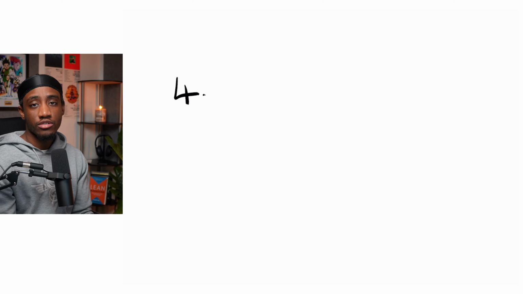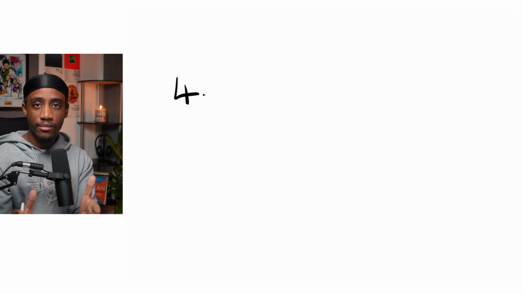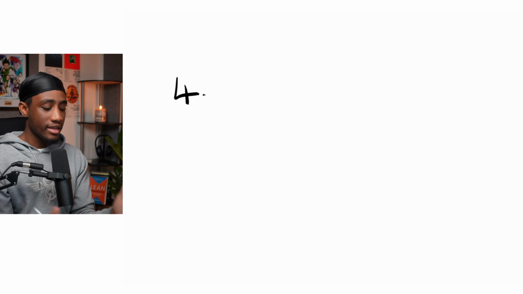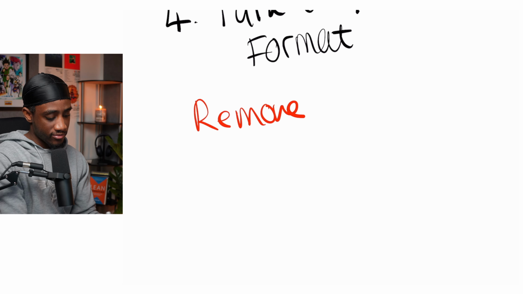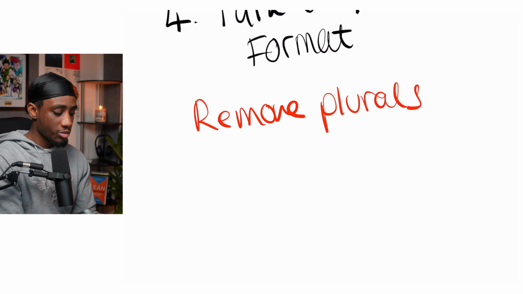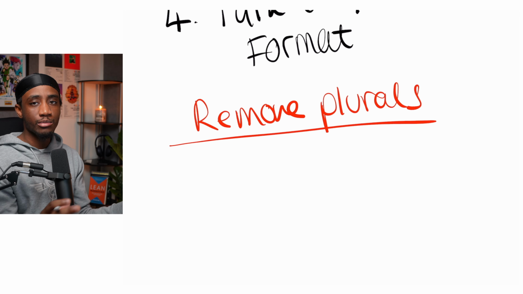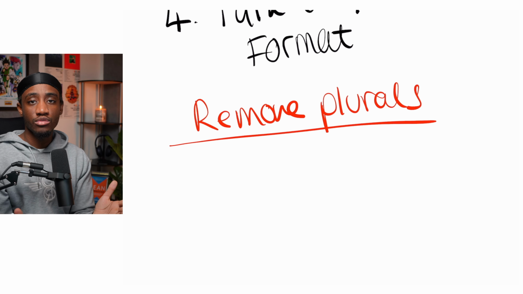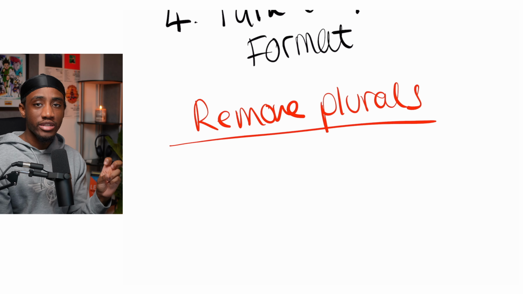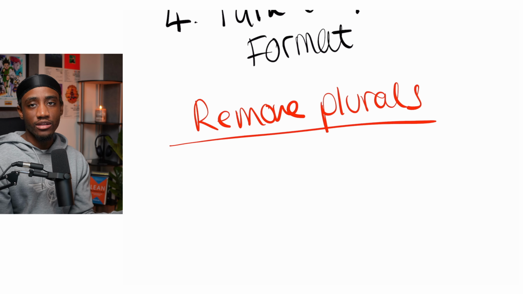So when you're creating your videos, you want to address the viewer as you. You want to talk to that person as you. And there's two ways that you can do this, right? Let me put the rule down. Remove plurals. By remove plurals, it's simply, instead of saying everyone or people, you just replace it with you. So instead of everyone needs to try this amazing weight loss technique, you need to say you need to try this amazing weight loss technique.